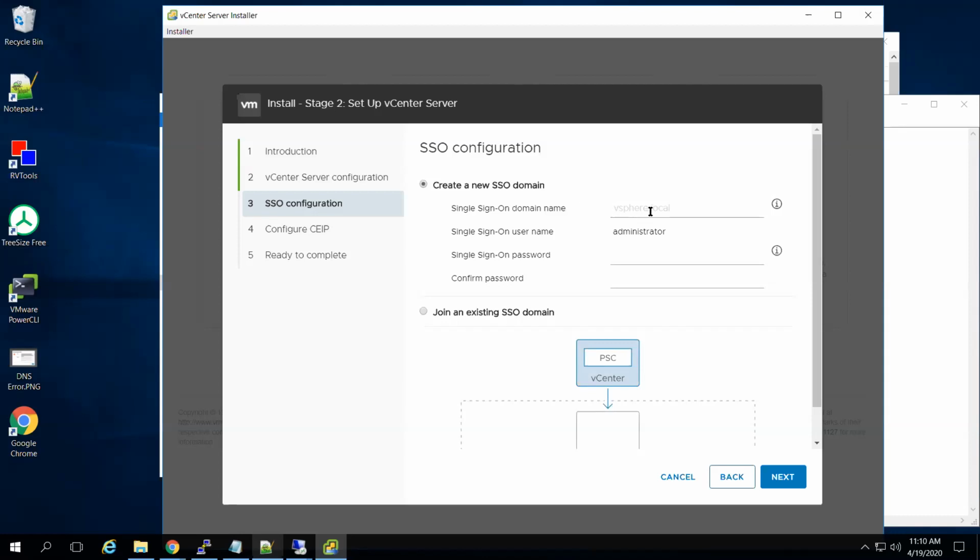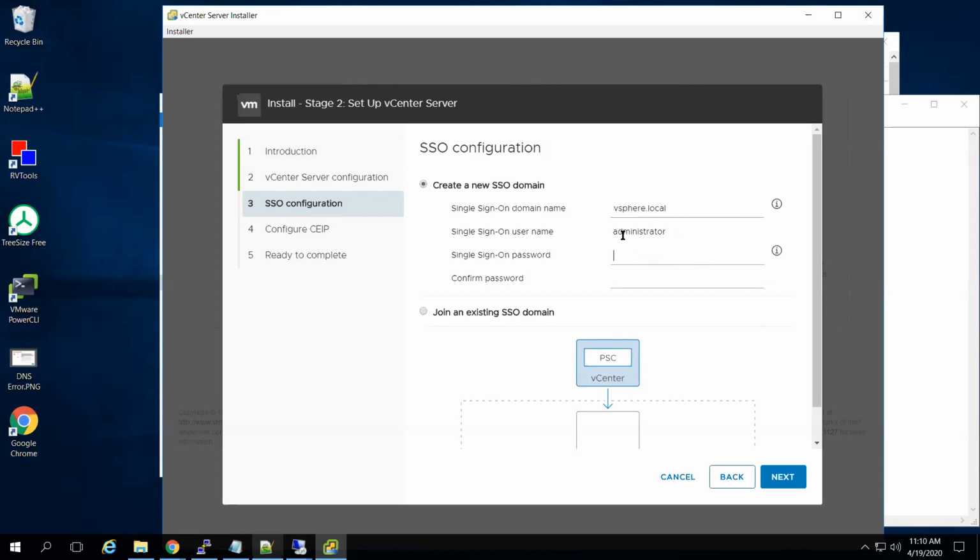Create a new SSO domain. You can choose any SSO domain. I will use the default, vSphere.local. You can choose something like xyz.com, xyz.local, anything, but it is recommended to just use vSphere.local.